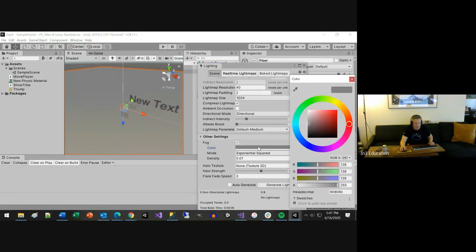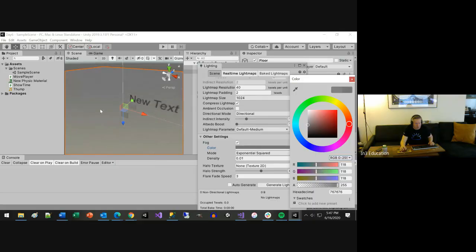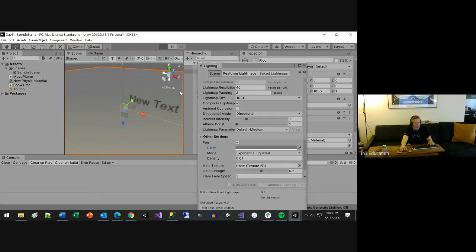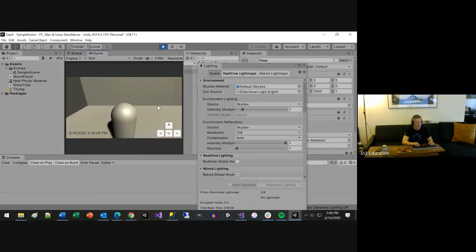You can even set how dark you want your fog to be, or if, say, you're on the moon and you want an orange fog, you could add orange fog. Most of the time, fog is either white or gray or dark, kind of like that color. And now, if we hit play, we'll come back over to our game, and you'll be able to see it firsthand, what the fog looks like